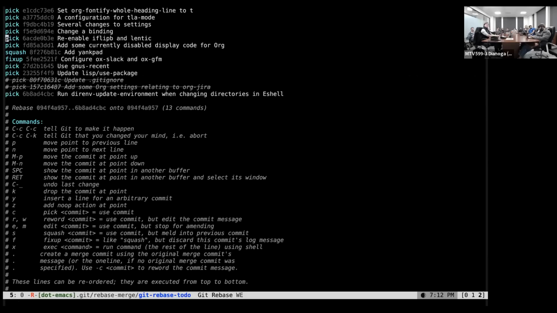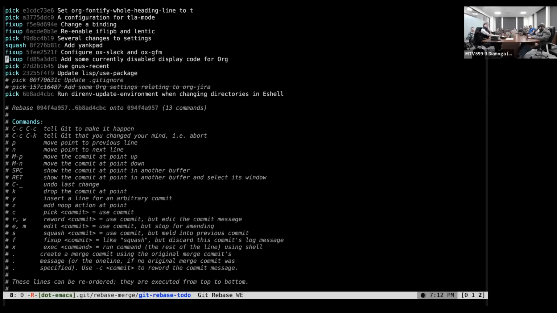You can type F and V. Oh no, not F and V. What is that way? Meta N and meta P to move these lines around. And then when you get the history into the form that you want it rewritten into, then you type Control-C, Control-C. Git will start rebasing it, and if it runs into conflicts or anything, it will pop you into a